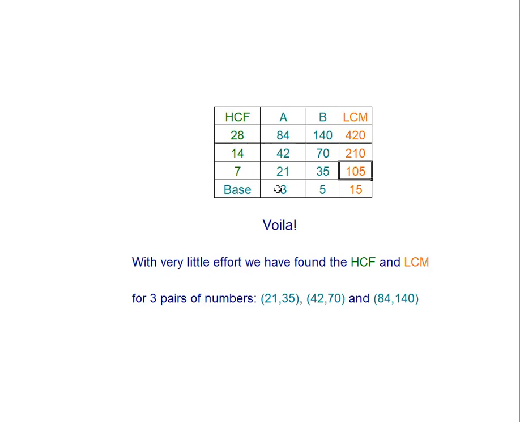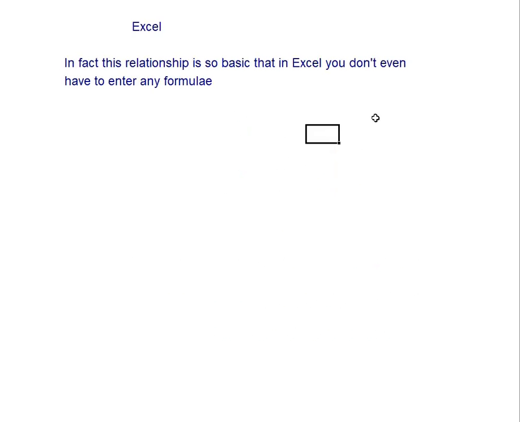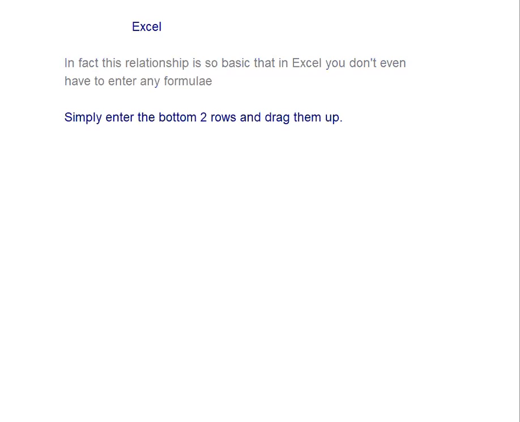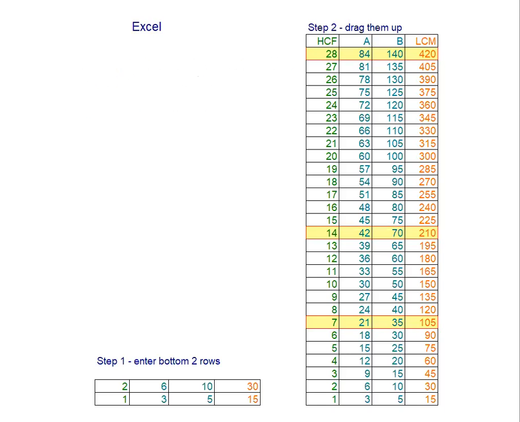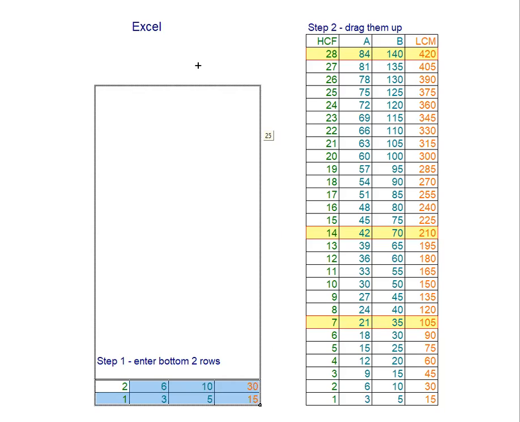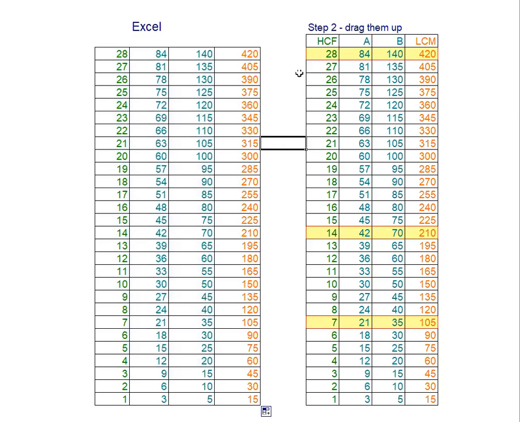With very little effort, we've found the highest common factors and lowest common multiples for 3 pairs of numbers: 21, 35, 42, 70, 84, 140, and in a format that definitely works in Excel. In fact, this relationship is so basic that in Excel, you don't even have to enter any formula. Simply enter the bottom 2 rows and drag them up. I've already done that. I've entered the bottom row 1, 3, 5, 15, doubled it to 2, 6, 10, 30. If we cover those, drag them up, we replicate the table I've already generated over here on the right-hand side,